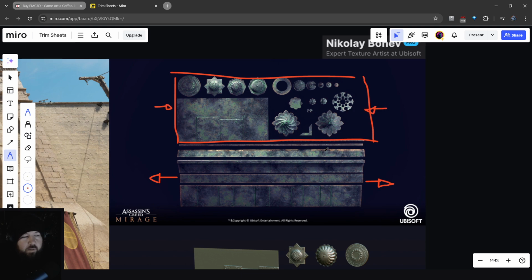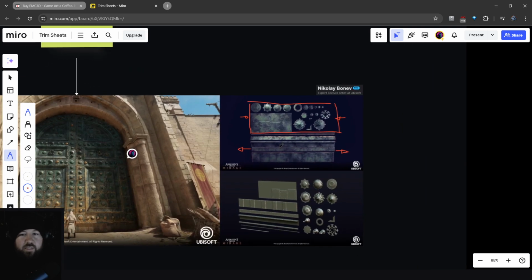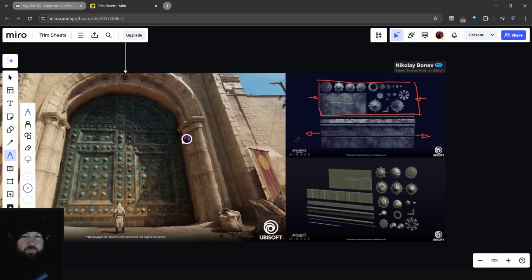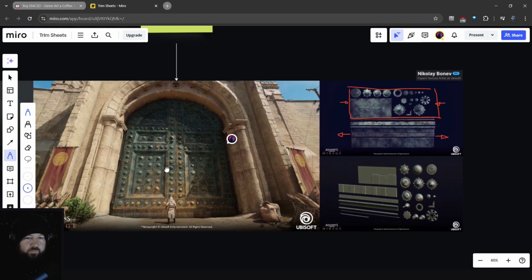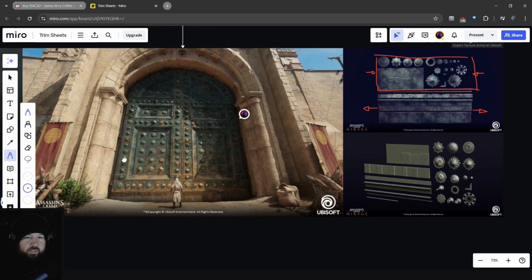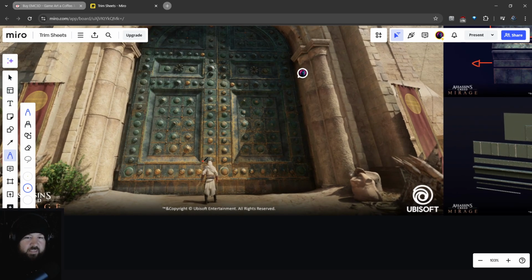Both of those are merged into what we call the hybrid. And this trim sheet is being used to make this door. Now, before we look at the notes, remember that anything that you start to go above 2 meters on, 1024 per meter, 2 meters high, 2 meters wide, 2048. So if we just say that, let's say this character is 1.8,